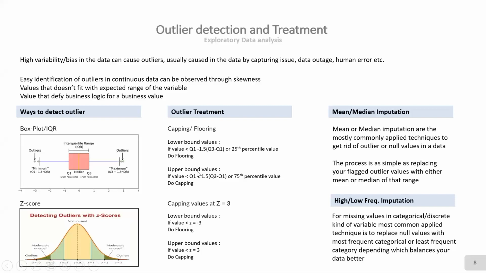The idea is that you keep the values. If the value is greater than the Q3 value, you cap them at that particular 75th percentile. And if it is a lower bound value, let's say it is a very low value, lower than the 25th percentile value, and you feel that does not make sense in the whole sense of the variable, then you should be doing something known as flooring, and you should cap it at the Q1 value, which is nothing but